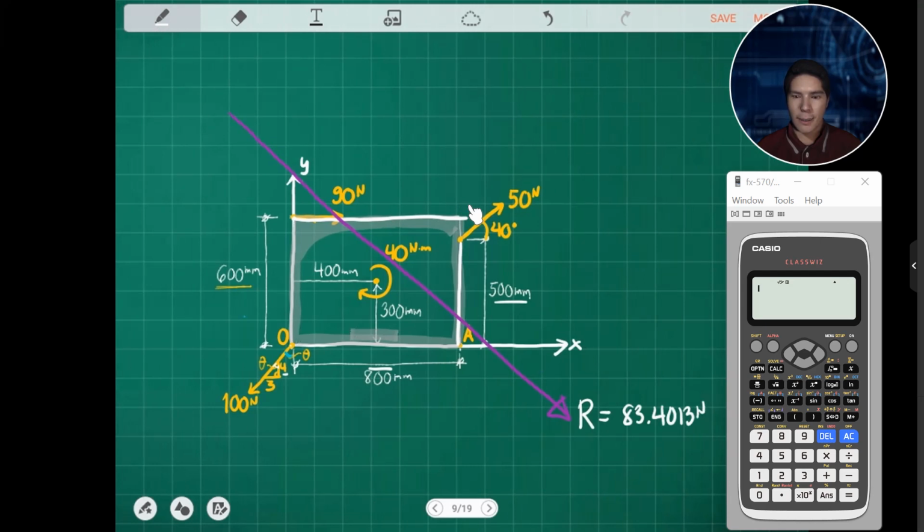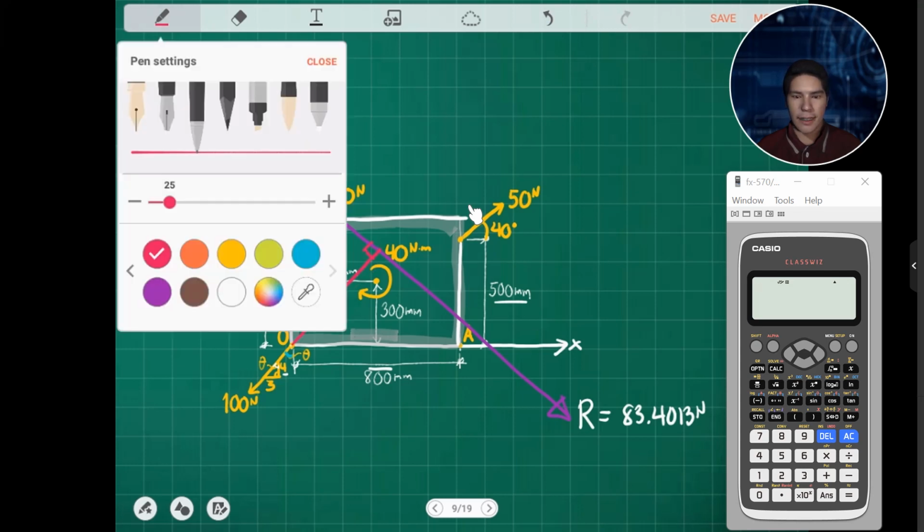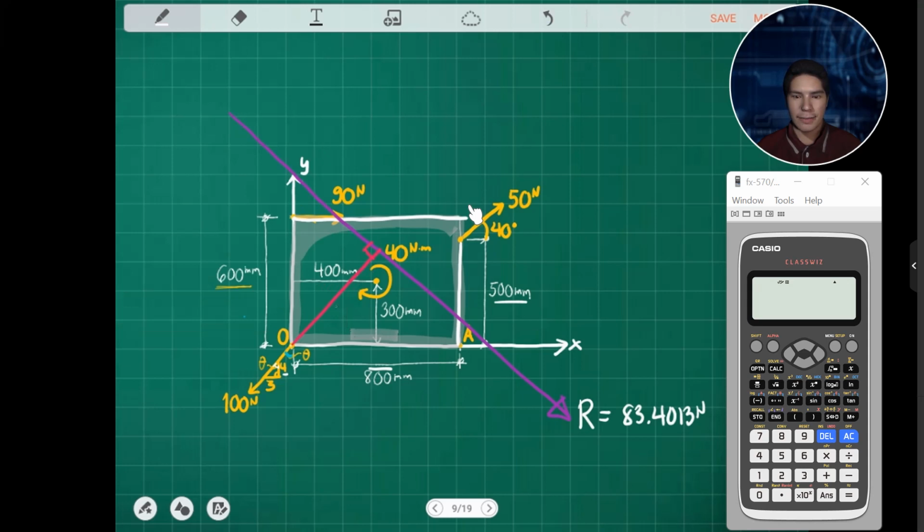Our goal is to get the perpendicular distance, although it's not perpendicular, wait. So that is distance